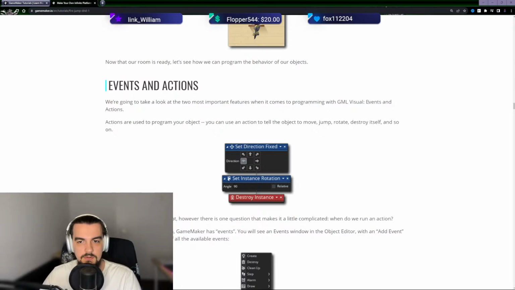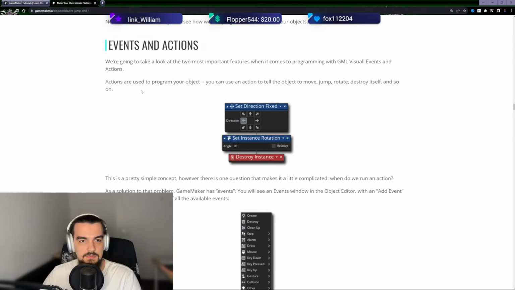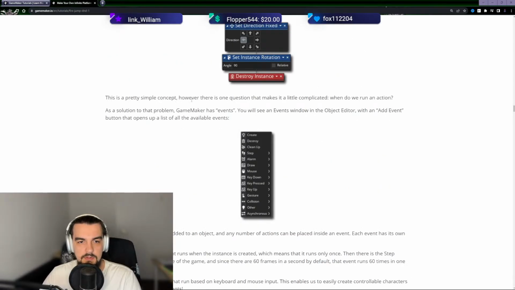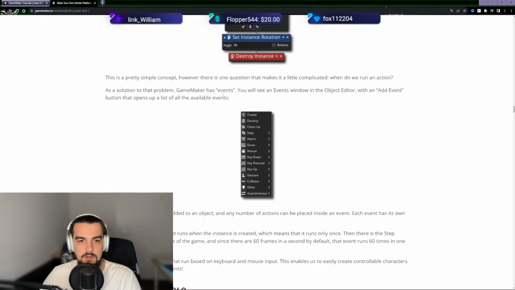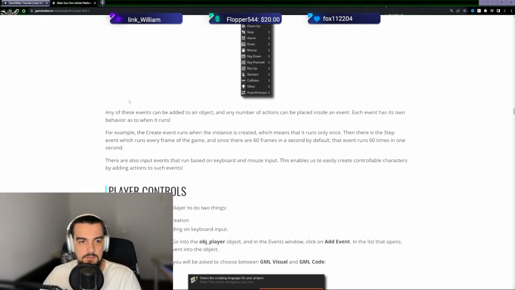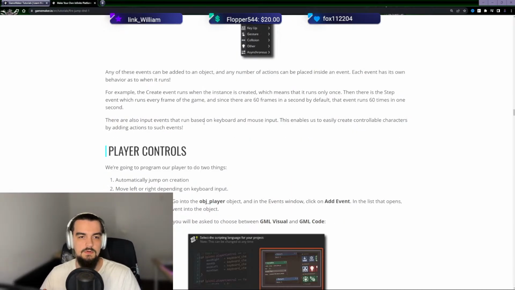Two of the most important features, events and actions. Actions are used to program your object. You can use an action to tell the object to move, jump, rotate, destroy itself, and so on. This is a pretty simple concept, however, there is one question that makes it a little complicated. When do we run an action? As a solution to the problem, GameMaker has events. You'll see the events window with an add event button that opens up a list of all the available events. Any of these events can be added to the object, any number of actions can be placed inside of an event. Each event has its own behavior as to when it runs. For example,